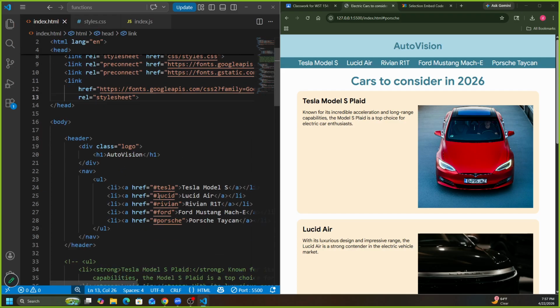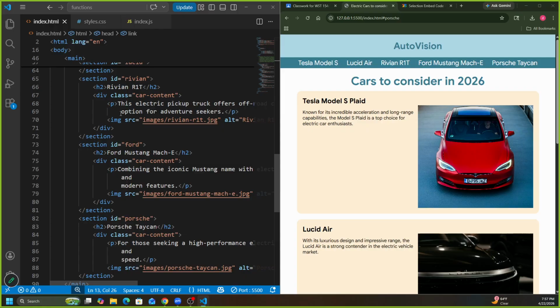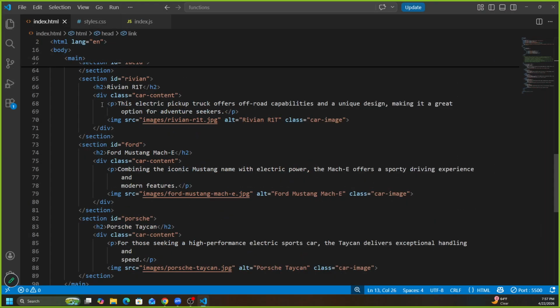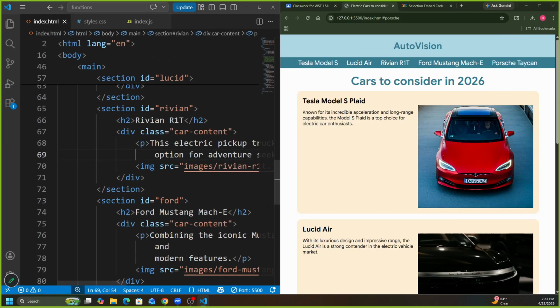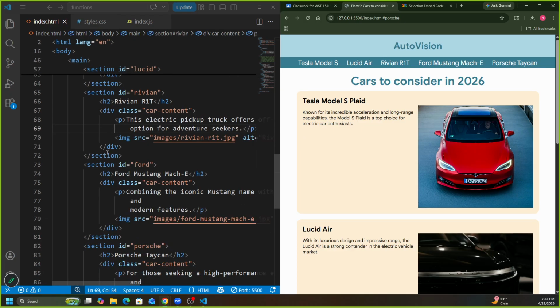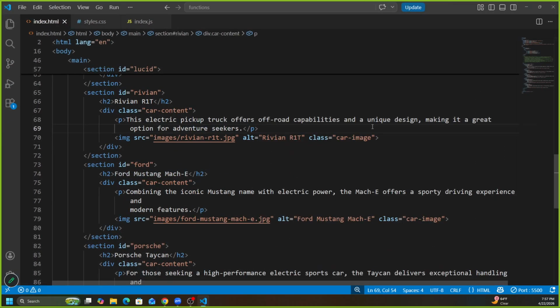That means go to our index.html, go to our car content, and then this paragraph is gonna be above that text that I want to add. That means I can't just add another thing here like a UL because